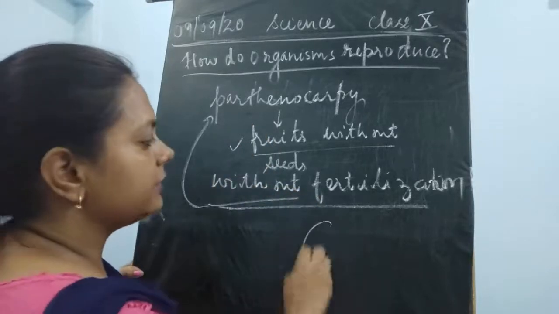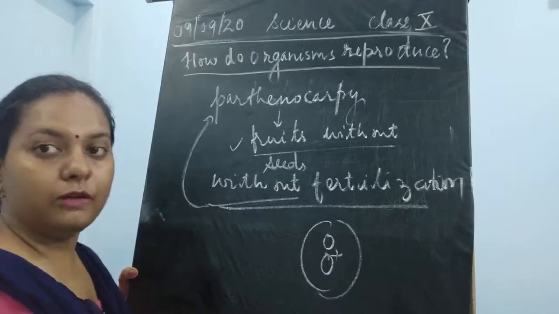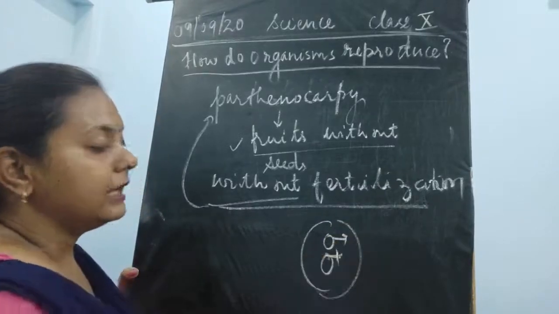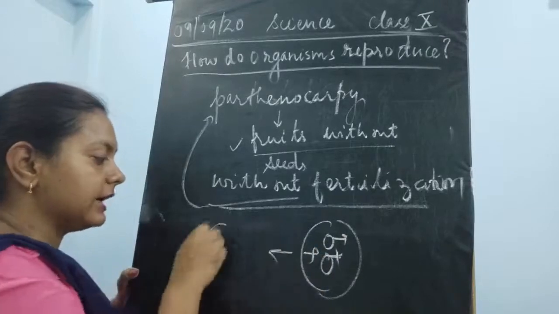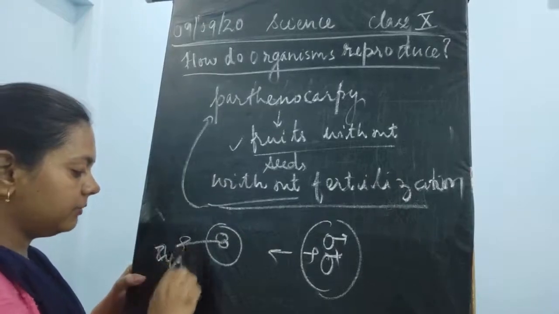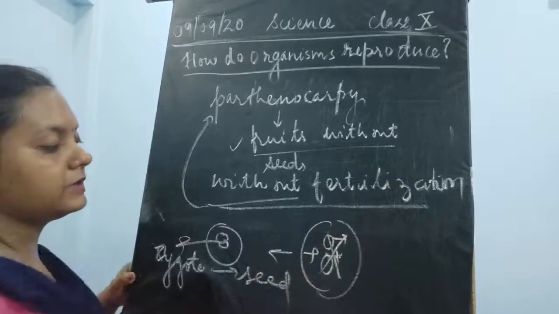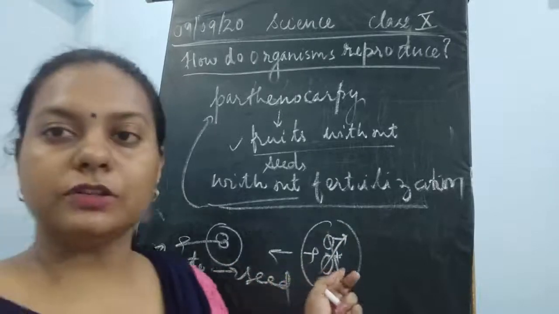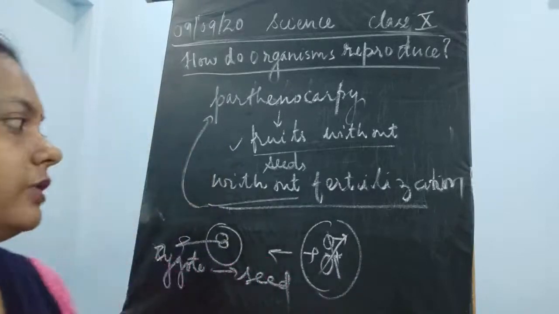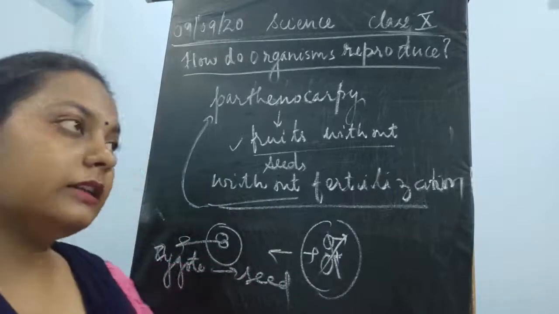You know that whenever fertilization takes place inside the ovary of the flower, when the male gamete fuses with the female gamete, it gives rise to a zygote, and this zygote develops into seeds. Now, what happens if this fertilization is not taking place? The fruit is going to develop, the ovary is going to swell up, and then the ovary is going to form a fruit.